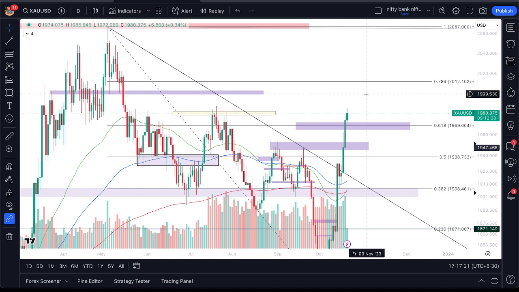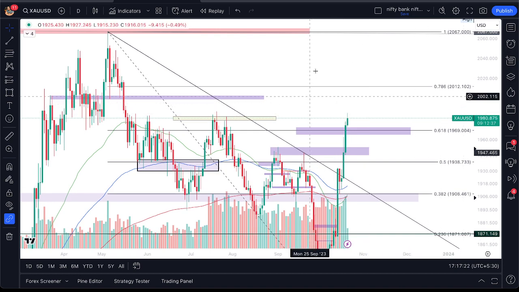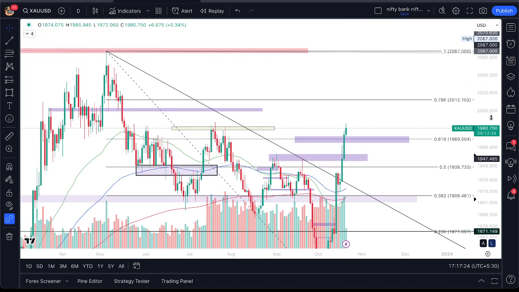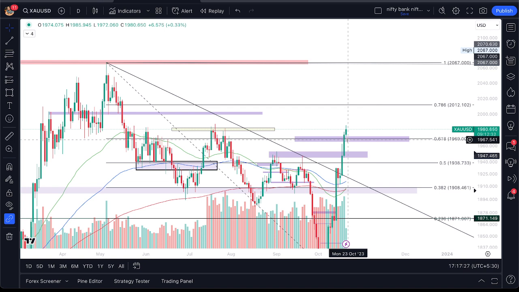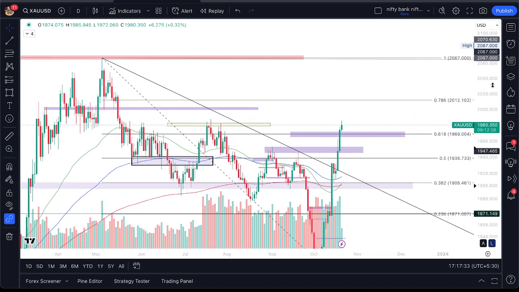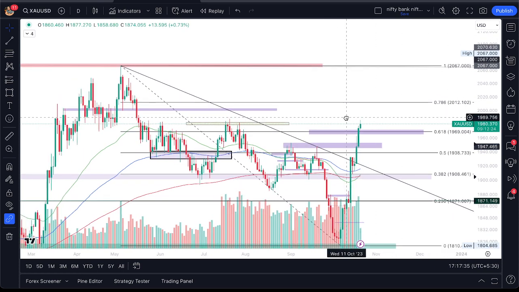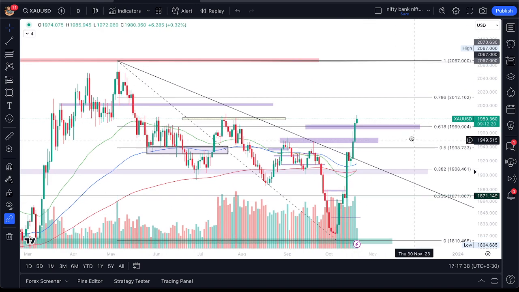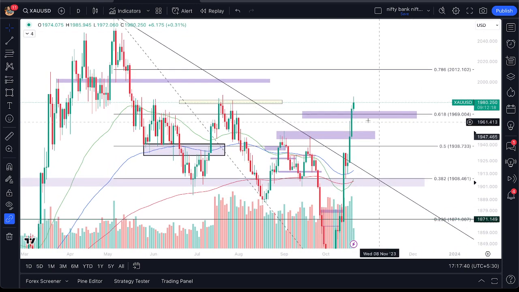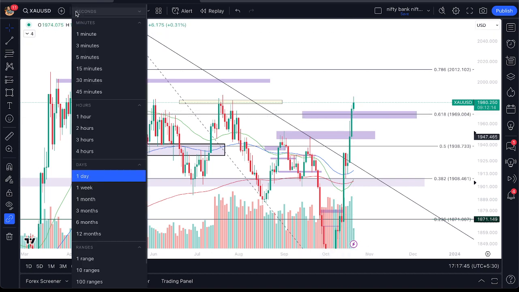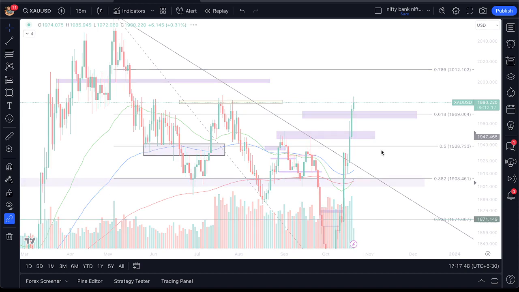Let's see what we can do in gold. Right now gold is at the 1980 level, and it's 5 p.m. Indian Standard Time. Yesterday I told you the 61 fib is a good zone of interest. If we see in a 15-minute time frame,